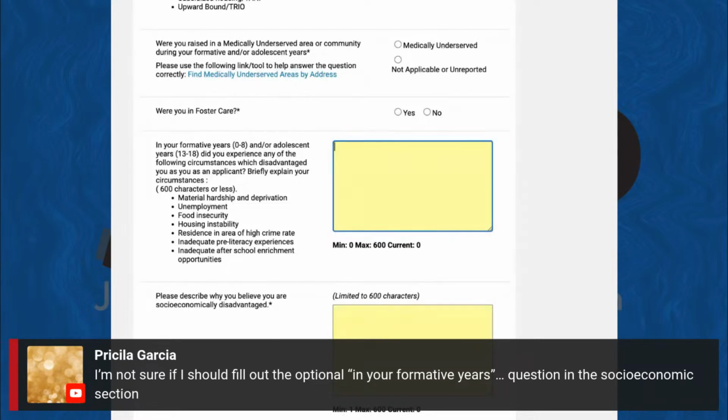But I really want you to think critically about the different obstacles that you've had to overcome, and about different challenges that maybe some of your peers didn't have to. Some of the things that may have impacted you may not be to the extreme level that we often see in media, but it could be something that really impacted you. So I really encourage you to reflect on your own upbringing and really think about what may have caused you to be disadvantaged in your development and your growth toward wanting to pursue this